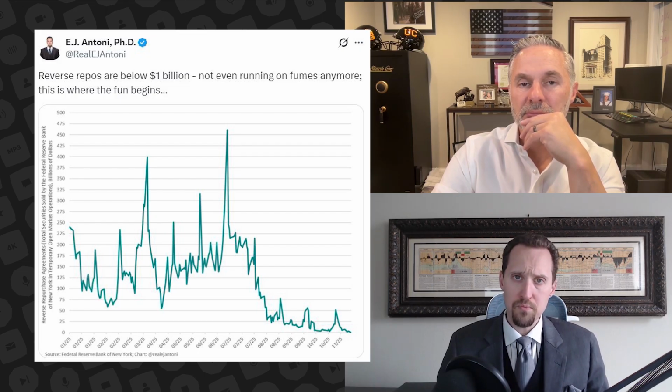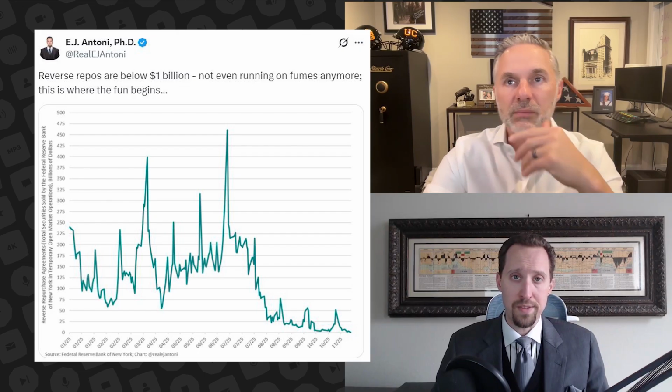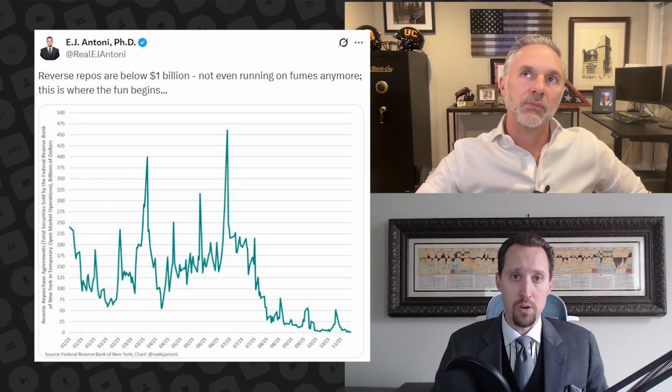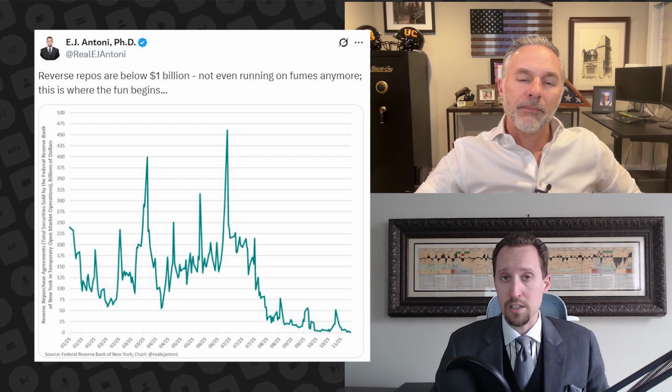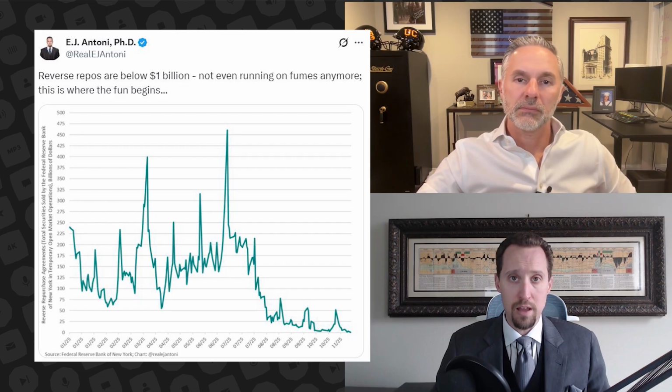What we've seen with reverse repos, though, was this frantic effort by the Fed for several years to try to soak up all of the excess liquidity that they had created. Now we're at a point where they don't need to do that anymore because that excess liquidity doesn't exist, at least not given where they want interest rates to be. So as this goes down to zero, that means there is no more excess liquidity. Liquidity is at just the right level for what the Fed wants it to be. But that's only if you hold everything else equal that this will stay where it is.